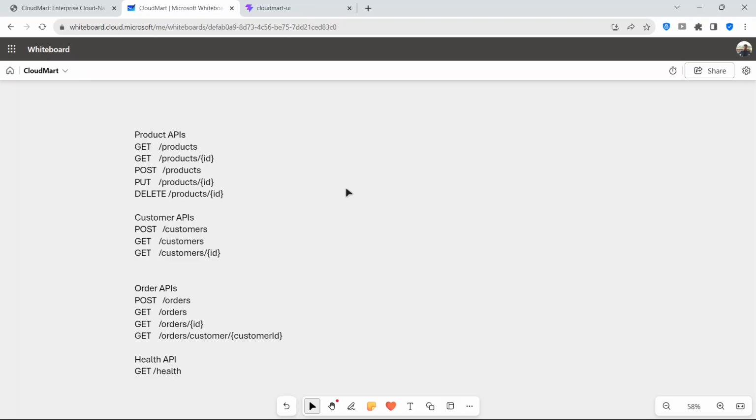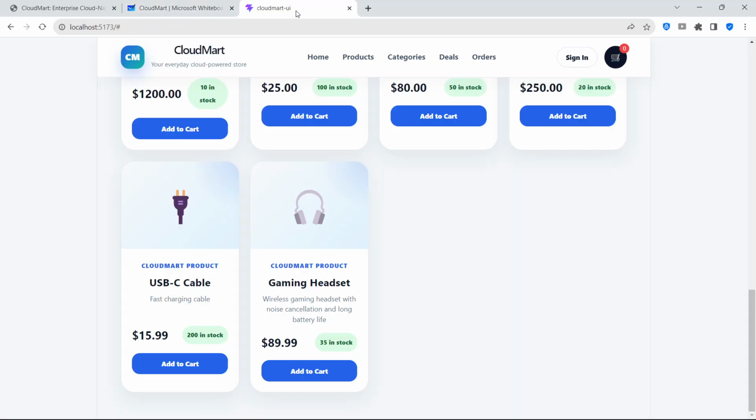So let's jump into the hands-on. In the next video, we will build the application and make it up and running, and we will see the application like this